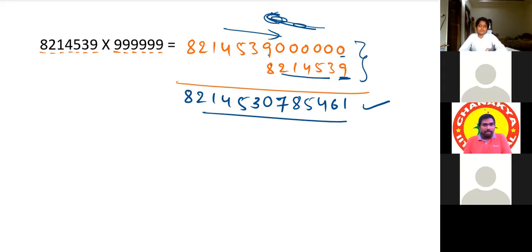If the number of digits is equal, it is very easy. And if the number of digits is less, by placing zeros we can make it easy. But if the number of digits is more than the number of 9s, we cannot make them equal, because if you place a 9 here, the problem will change. If you place 0 here, digits will be equal, but the number of 9s and number of digits will not be equal. That's why we have to use this process only.